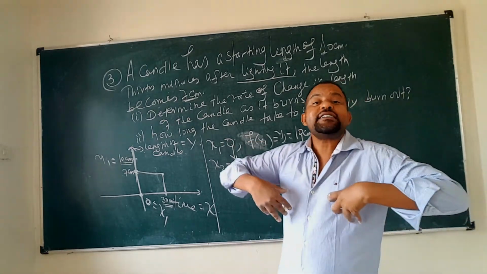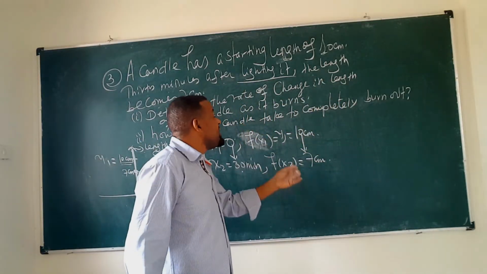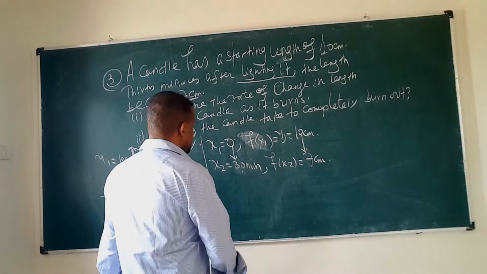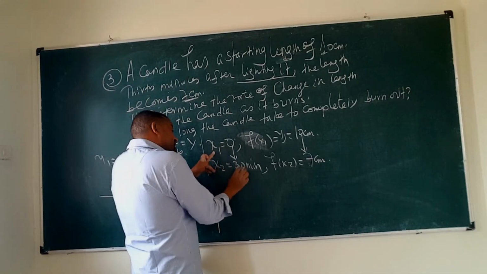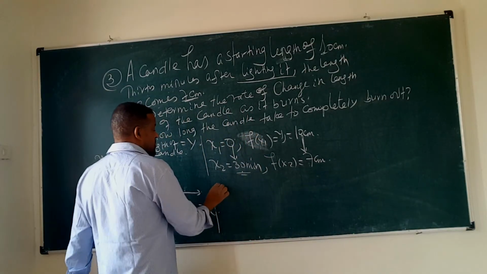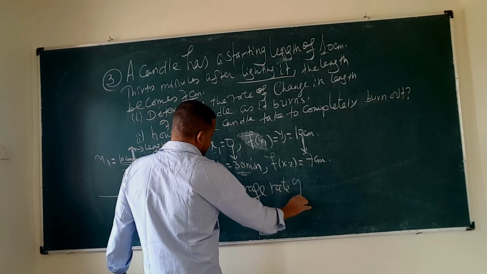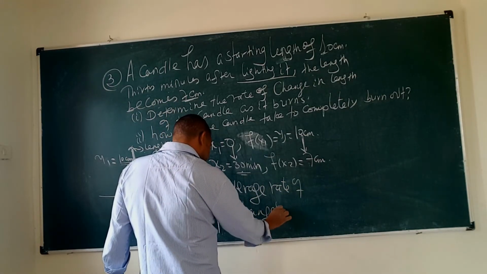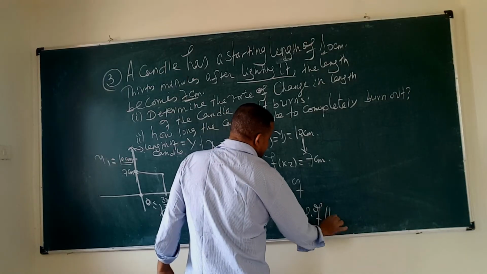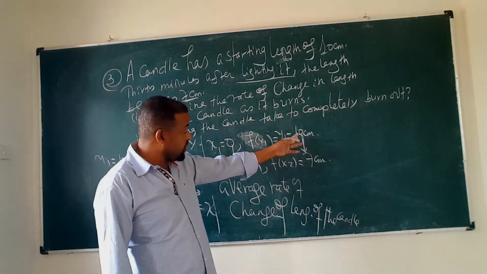ስለዚህ ከ0 ደቂቃ ወደ 30 ደቂቃ ቼንጅ ሲያደርግ የካንድሉ ሌንግዝ በምን ያህል ሬት ነው ቼንጅ ያደረገው? እንግዲህ ከ10 ወደ 7 ማለት 3 ሴንቲሜትር ቀንሷል። ሶ አሁን ታይማችን ከ0 ወደ 30 ደቂቃ ቼንጅ አድርጓል። የካንድሉ ሌንግዝ ደግሞ ከ10 ሴንቲሜትር ወደ 7 ሴንቲሜትር ቼንጅ አድርጓል። So the average rate of change of the length of the candle is አሁን ሬቱ የቼንጁ ሬት ነው።